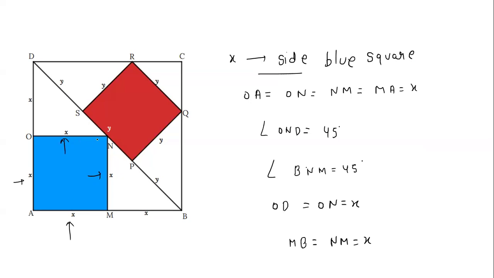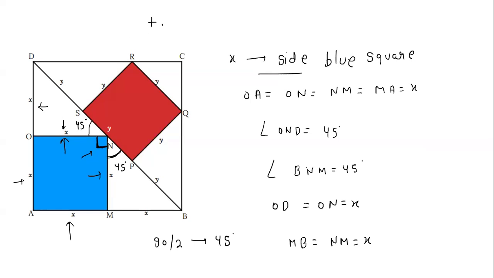So now you see in the square this angle will be 90 degrees. If this angle is 90 degrees, then you can see this figure is symmetric. So this angle and this angle will be exactly the same because the figure is exactly symmetric about this thing. So if this angle is 90 degrees, the remaining angle of 90 degrees will be equally divided in two parts. So both angles will be 45. So this will be 45 and this will be 45.